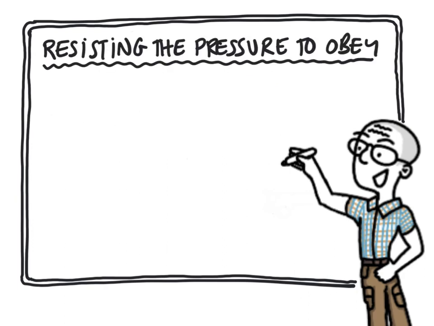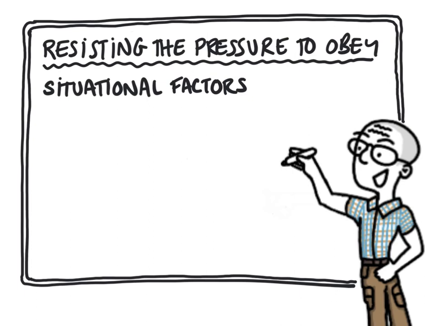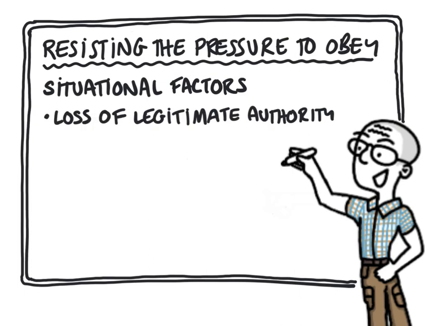Resisting the pressure to obey. Again, first let's consider situational factors. Even though the focus of the way we've considered Milgram is obedience of participants, many, including Zimbardo, say we should be more focused on the situational conditions under which people feel able to resist an authority figure. These include loss of status or authority. We can see this in the Milgram variation, where they moved from Yale University to a rundown office block. Lack of buffers.